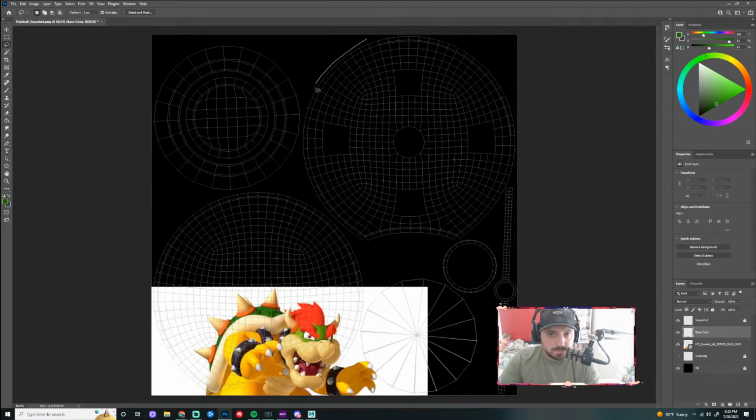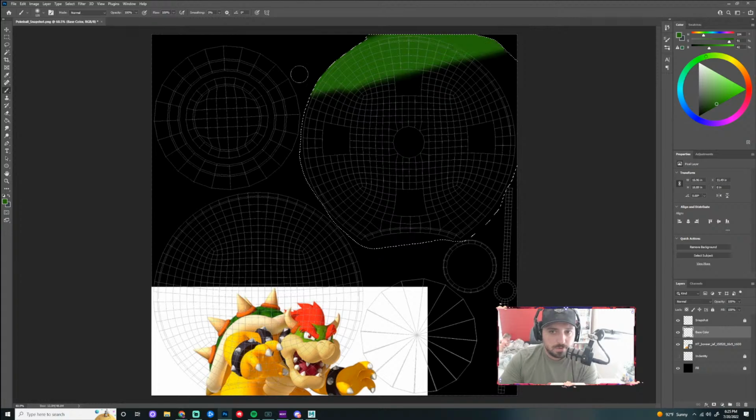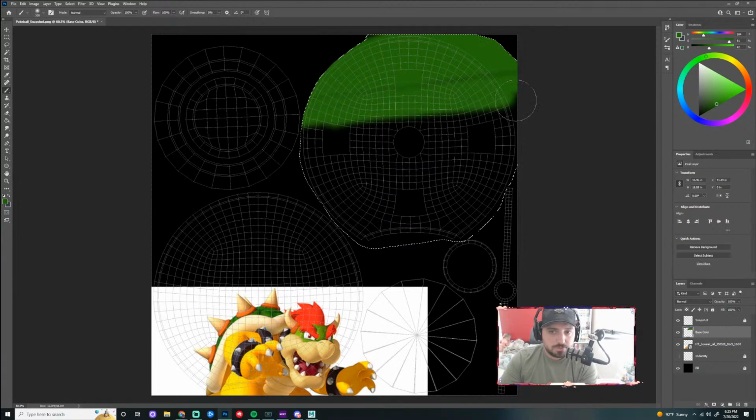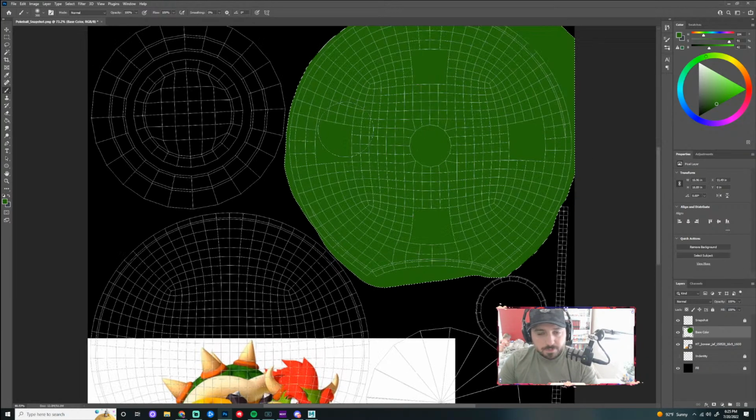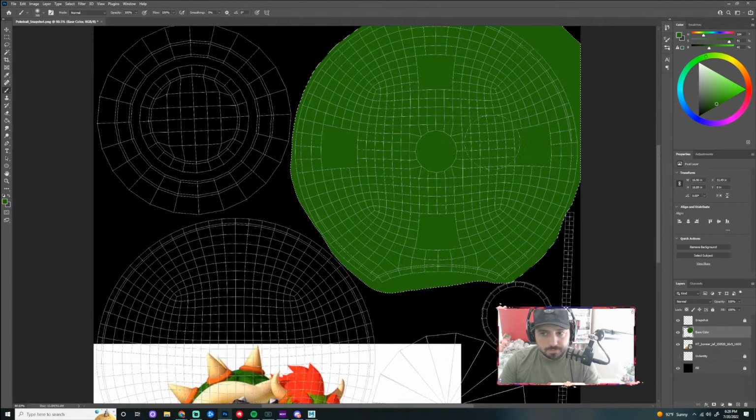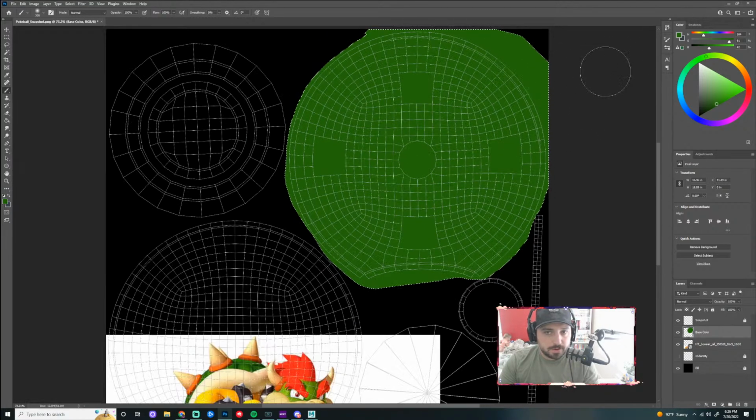Actually, hold on. Because what I don't want to do is spill onto these other islands, right? So if I can kind of dodge those, and if I need to erase around them, it's fine, right? But if I can get a clean paint job on this shell, right? So I have something like this. Then maybe I come back around and clean this up a little bit with an eraser.